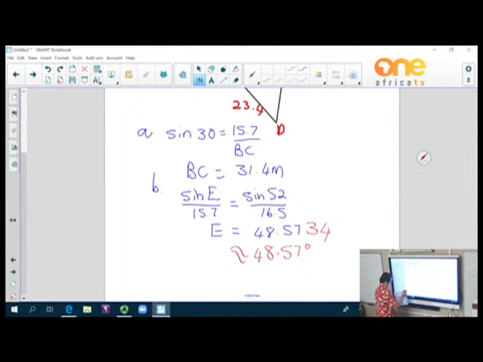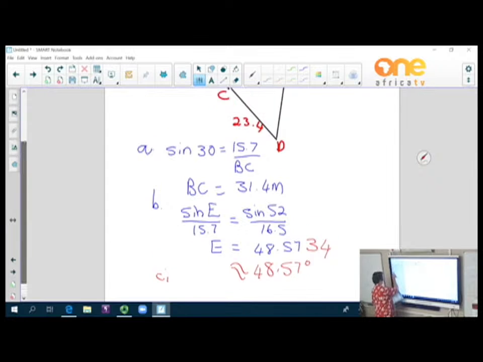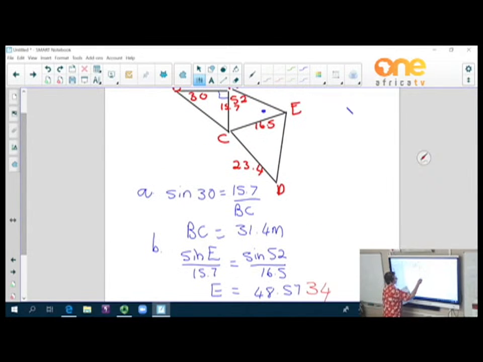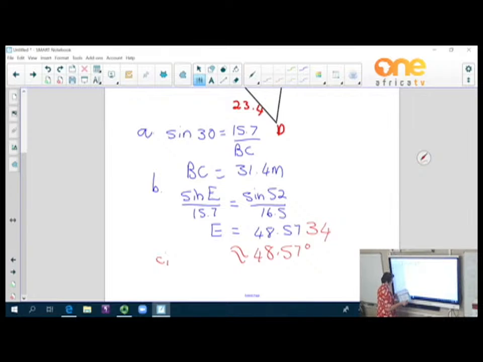The next one is now number C1. Show that angle ECD is 40.6. Now ECD means this is the angle that we want to calculate. This is now not a right angle triangle. Show that the angle is 40.6 correct to 1 decimal place. Number C1. Right, so to get that angle, it is in a triangle, so it will then be